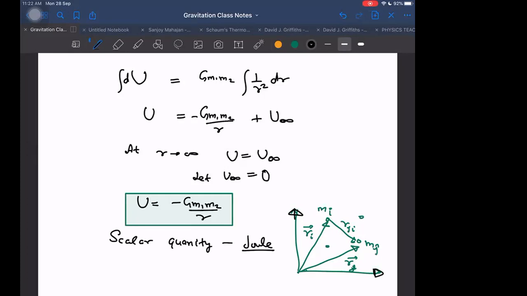This potential energy formula is valid for point particles, and whatever is valid for point particles will be valid for uniformly distributed solid and hollow spheres also, or any spherically symmetric mass distribution. If it is a spherically symmetric mass distribution, then this formula is applicable for that case also, because the forces produced by those, or the field produced by those, are the same. Okay.